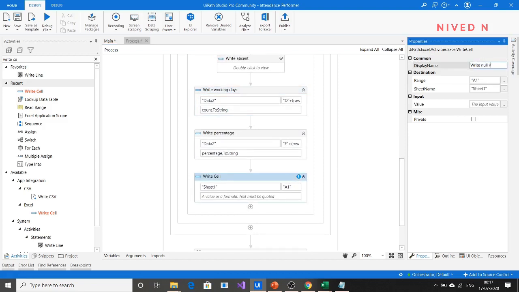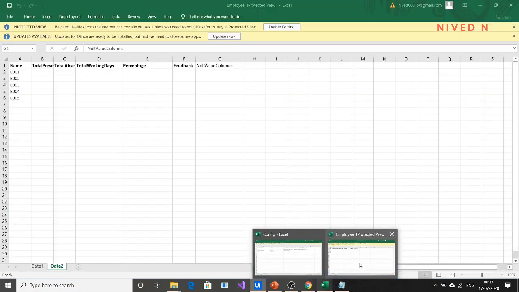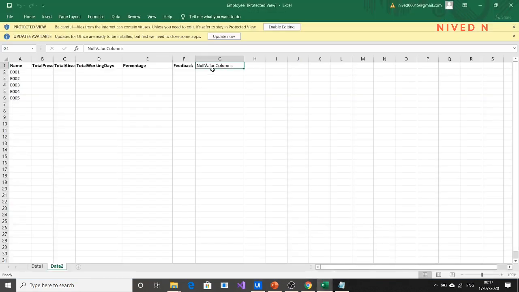Now specify the sheet name, let's say data 2, and the cell number where you want to enter the data. If you consider the null value column here, the E001 data is being written as G2, E002 data is being written as G3, and so on.